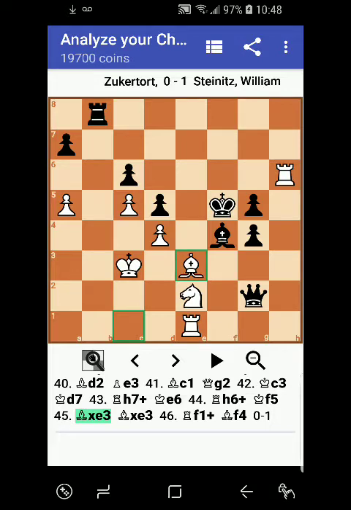I have no idea why Zukertort takes that pawn. I mean, it's too early for a sacrifice. It's not yet. There's no immediate threat. So does a check there, threatening a knight fork to recapture the queen if Steinitz decides to capture on f1. So covers the check,